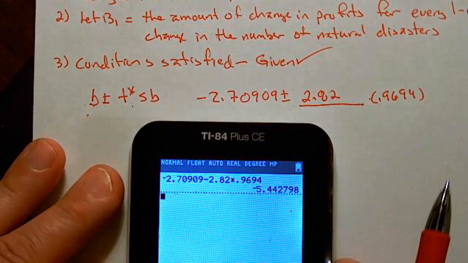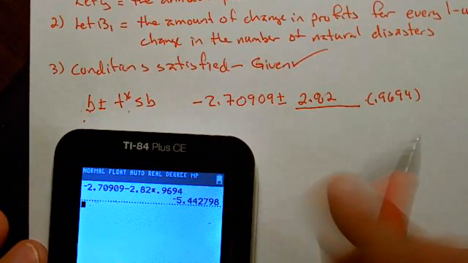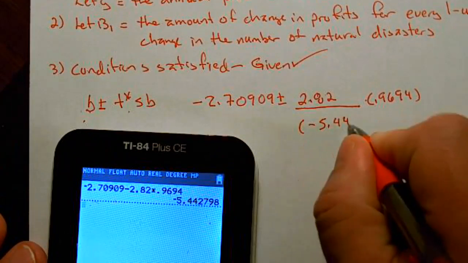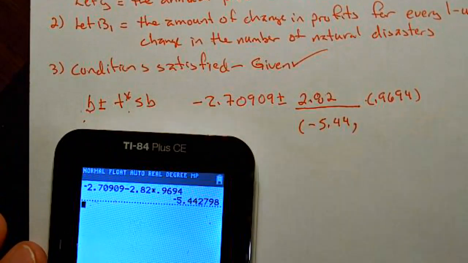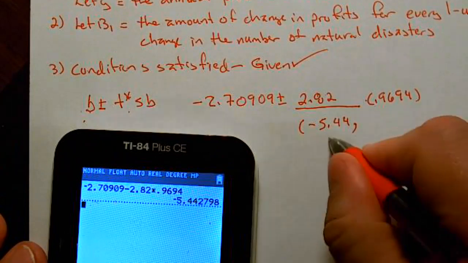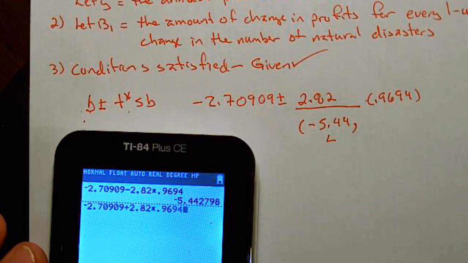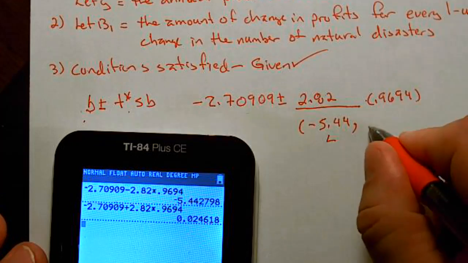And I get a value of negative 5.44. So that's my lower bound. And I can go back and do the upper bound. I'm going to do that the same way, negative 2.70909 plus 2.82 times 0.9694. And I end up getting a positive